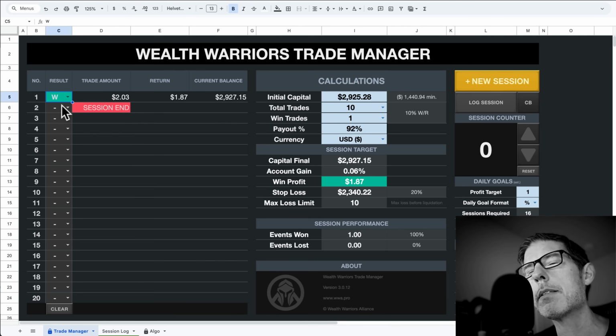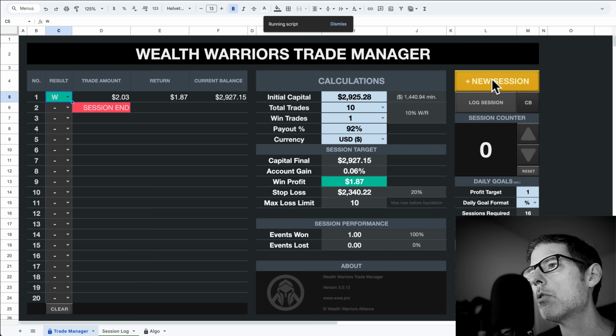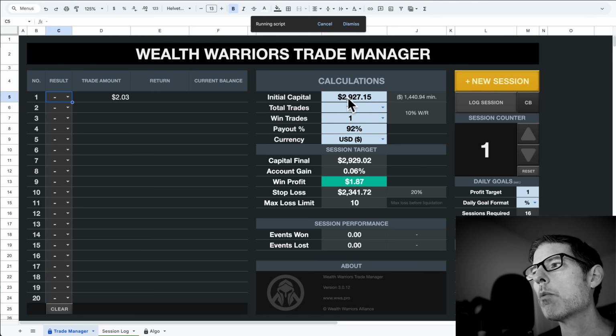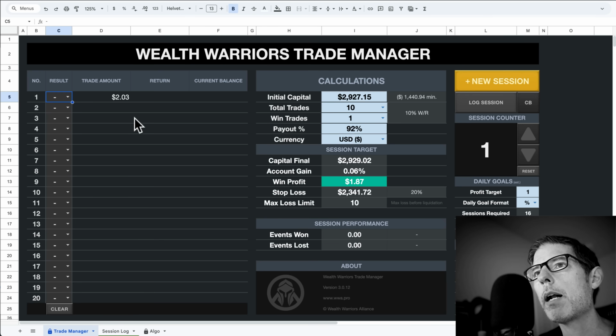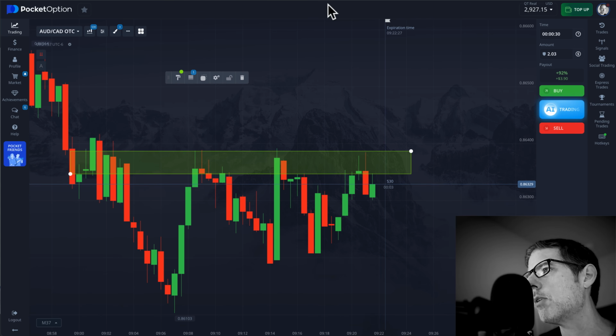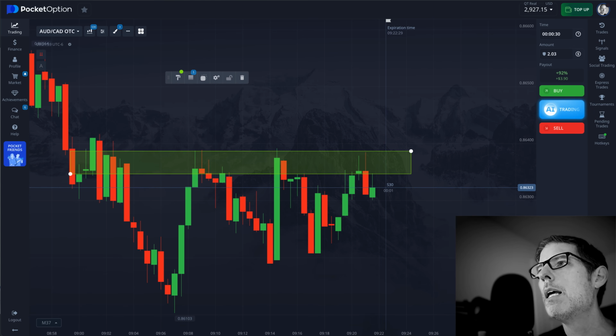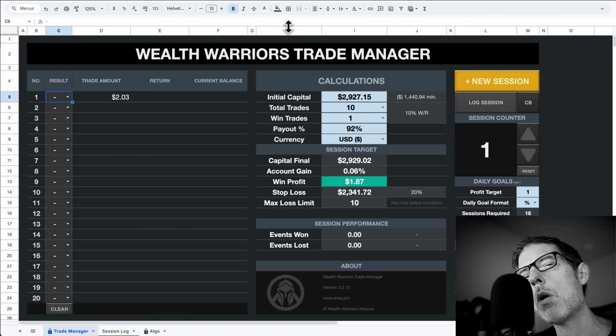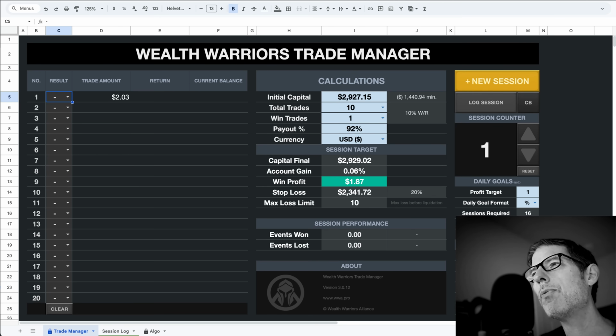And because I've set my settings to win 1 out of 10 trades, I will go ahead and click on new session to clear everything out and update my balance automatically. Add 1 session completed on the session counter, and I'm ready for the next one. Let's come right over here, trade amount 203. It's still 203, which I think was the previous amount that we had. That's fine. The trade amounts will grow over time as your initial capital gets larger and larger. Okay, so don't worry about that. You're not going to be trading with $2 forever. But on this video,